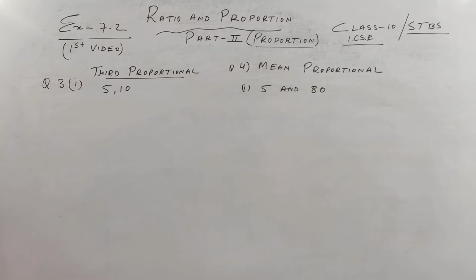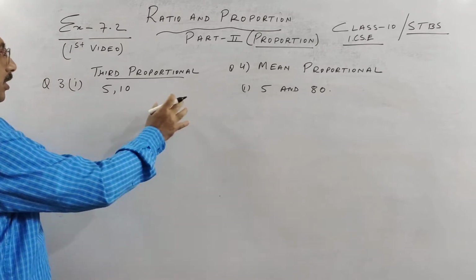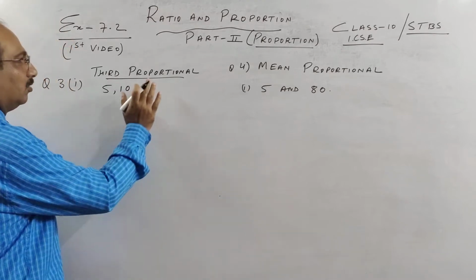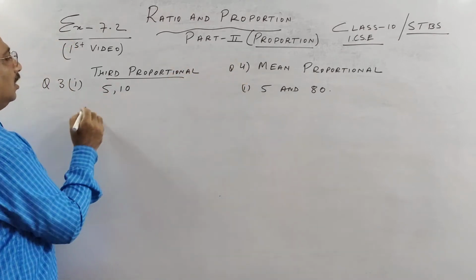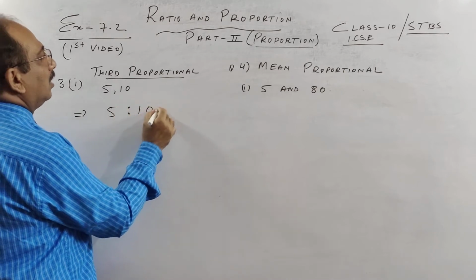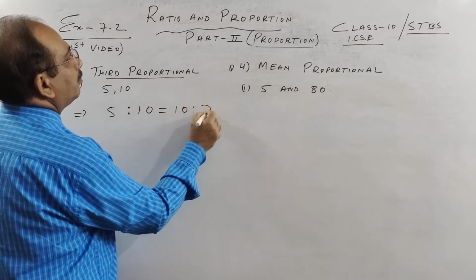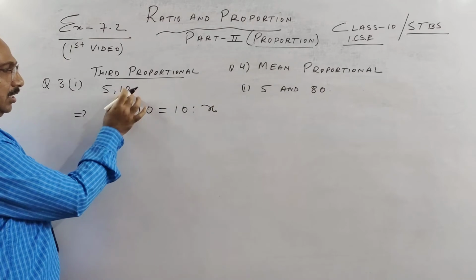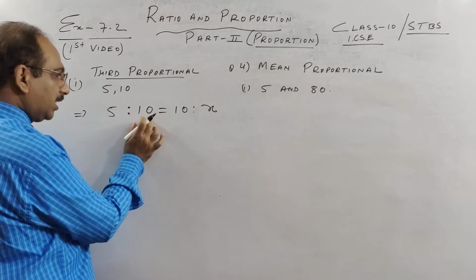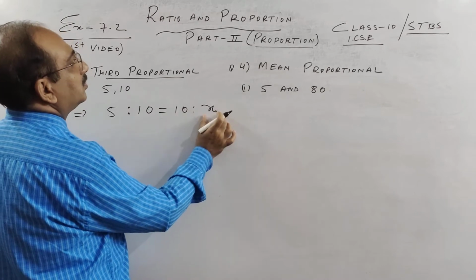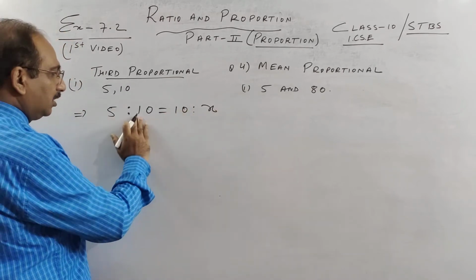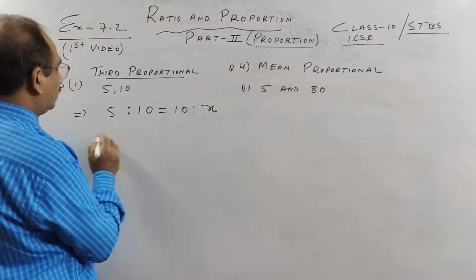So children, see here. I'll explain another very important thing. In question 2 I have taught you about fourth proportion. Now this is third and mean proportion. Third means, see here children, the second is repeated. So first term, second term, second term. So this becomes the third proportion. There is no fourth term like in the previous example. First, second, third are the same. So this is third.